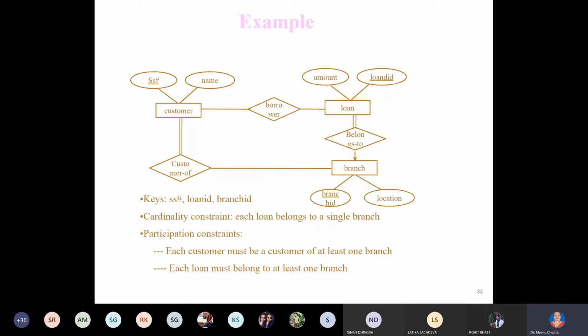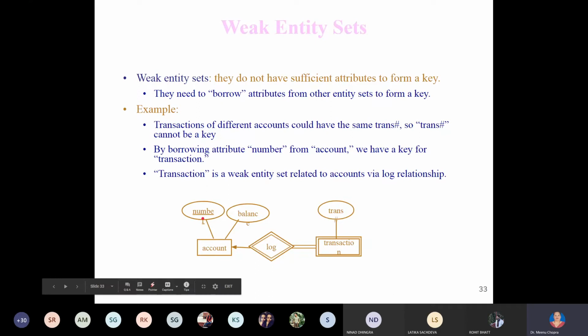Weak entities, same here. Account. Account has a number, that is a primary key. Account has a balance, that is a secondary key. Similarly, transaction. Now, transaction is a kind of entity. Fine. Now, transaction is a weak entity. It is showing that it's a weak entity and is dependent upon the account. Without account, you cannot have a transaction. So that is why it's a weak entity, and account is the strong entity, and that is the relationship. Now, weak entity has a weak relationship. So this is a weak entity and a weak relationship, and that is why it is shown in a double diamond.